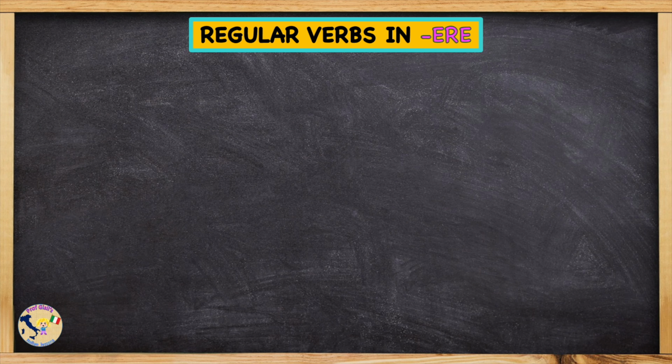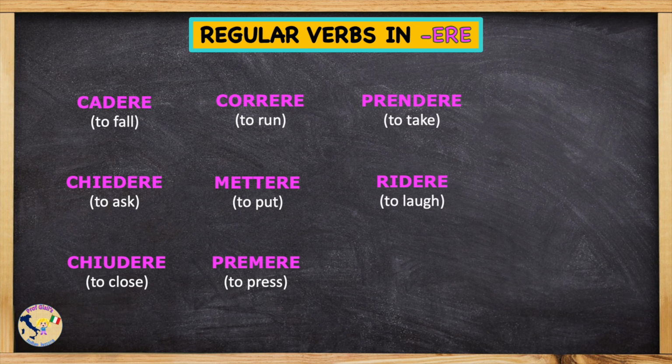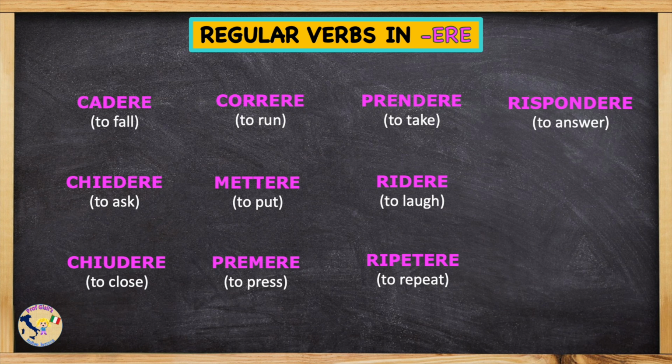Let's start by mentioning some of the most common regular verbs ending in ERE. Cadere, chiedere, chiudere, correre, mettere, premere, prendere, ridere, ripetere, rispondere, scrivere, vedere. Now we turn to the conjugation of the present indicative of the verbs belonging to this group